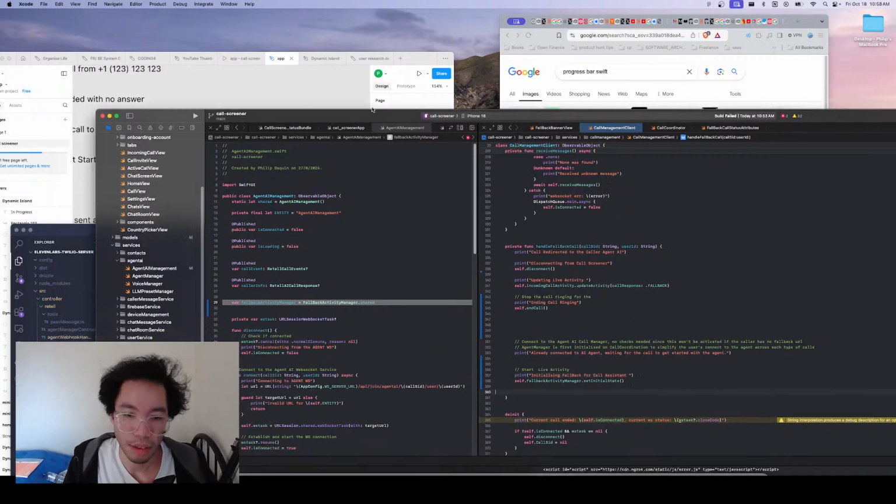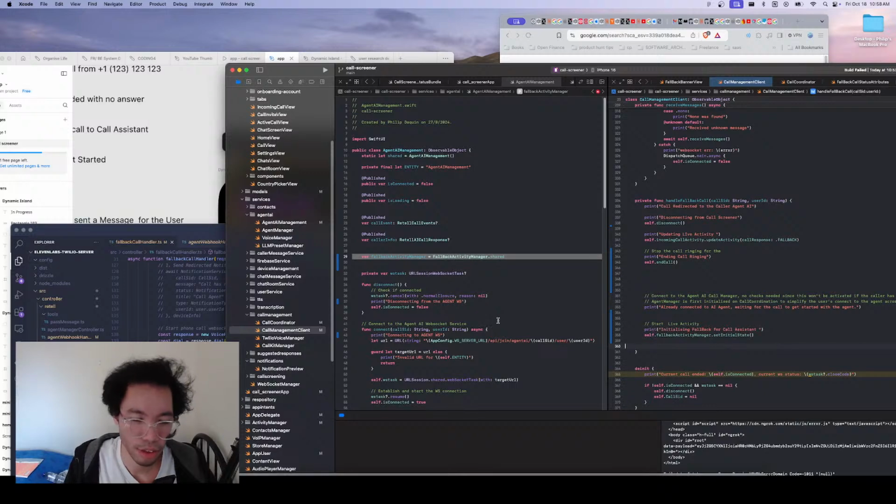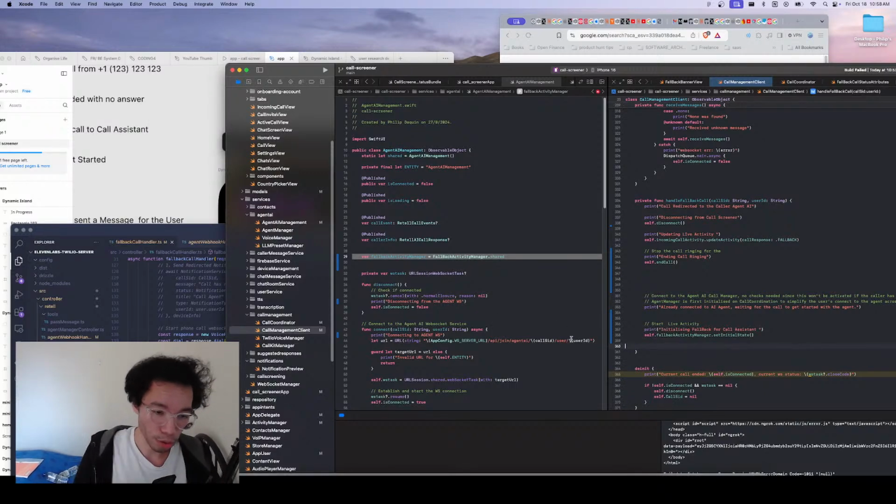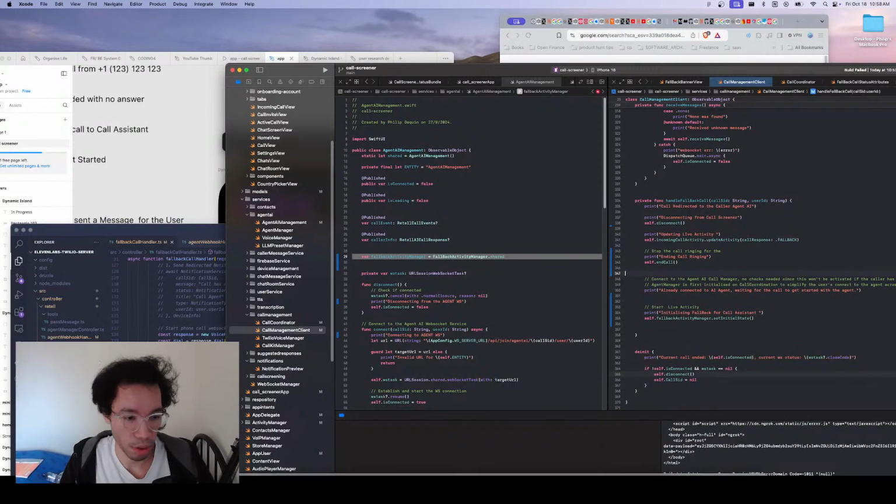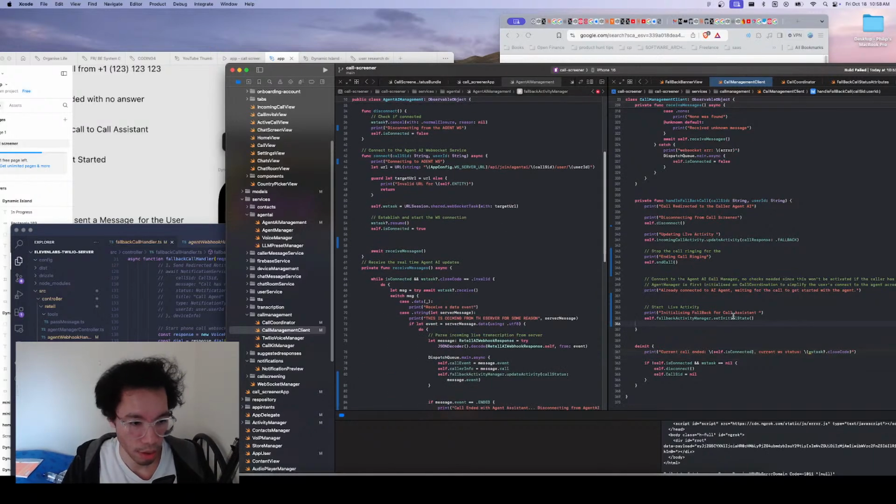So I'm already connected to my assistant, and that would initialize the fallback handler, and then for any new updates,